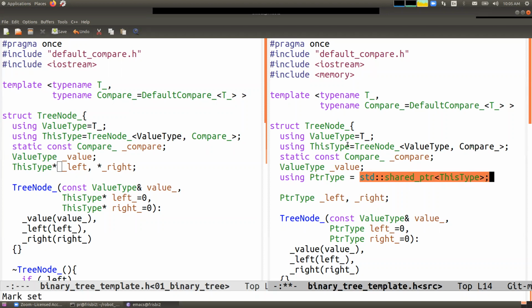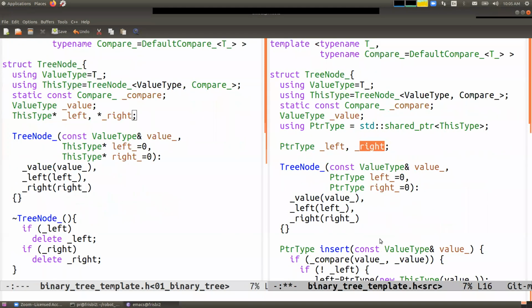So we define a type, say, oh, there is a smart pointer. It's not a this type star, but there is a smart pointer of the type shared constructed on an object of this type. Clear? Good. And of course, here I had left, here I had right, here I have left and right. But they are both pointer types. Then the rest is symmetric,